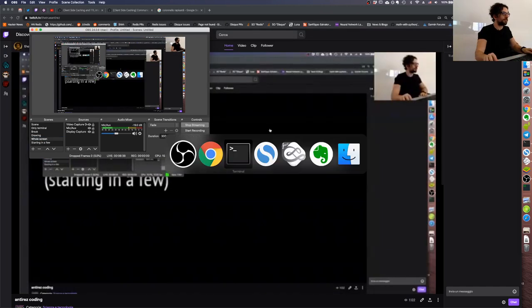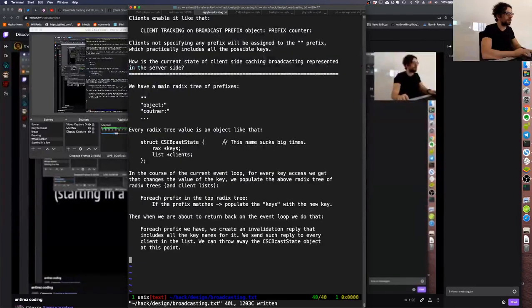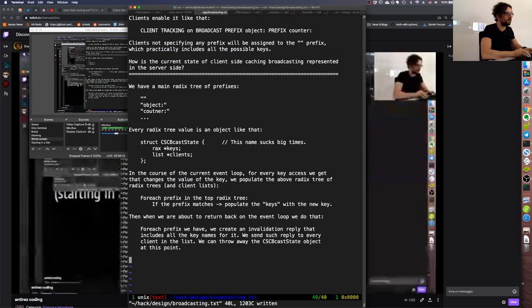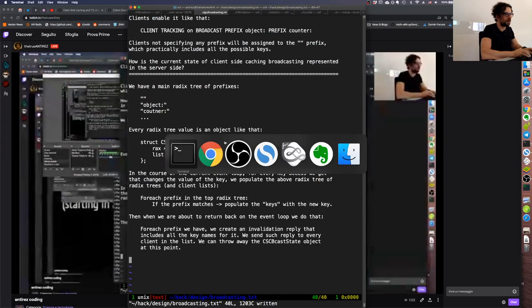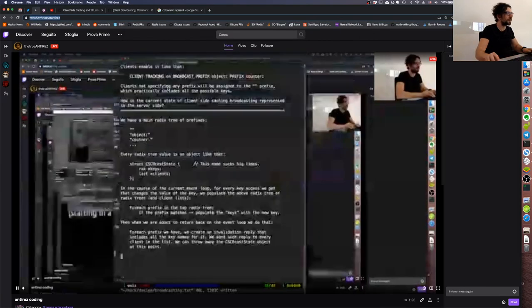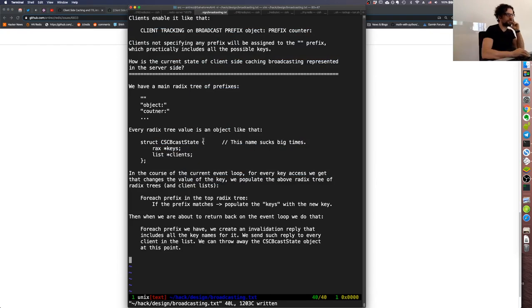So yesterday I started working with the new feature here, which is broadcasting mode in client-side caching. However, the events were faster than expected. So yesterday,